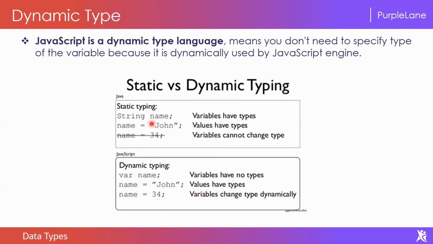So this is one of the most famous interview questions. Please remember that. They might ask, what is a static type programming language? What is a dynamic type programming language? And you can simply give this example. We also call static strongly typed and dynamic weakly typed. So static versus dynamic, or strong versus weak, both are the same.